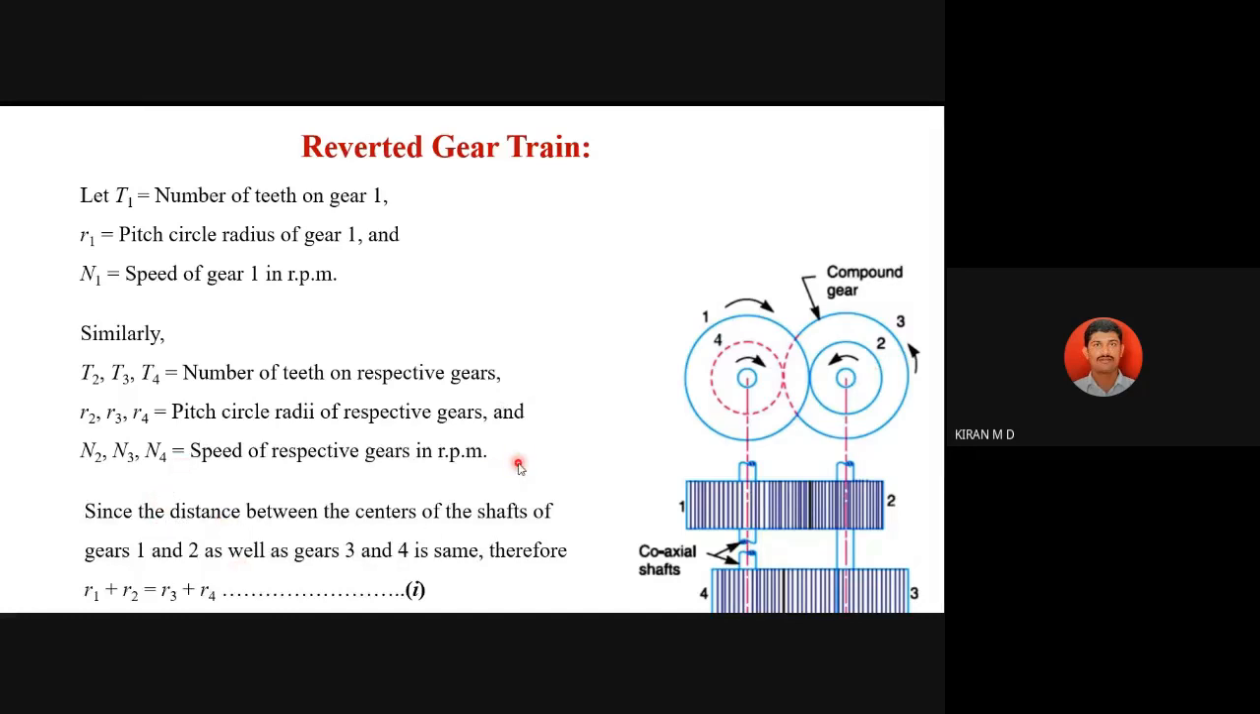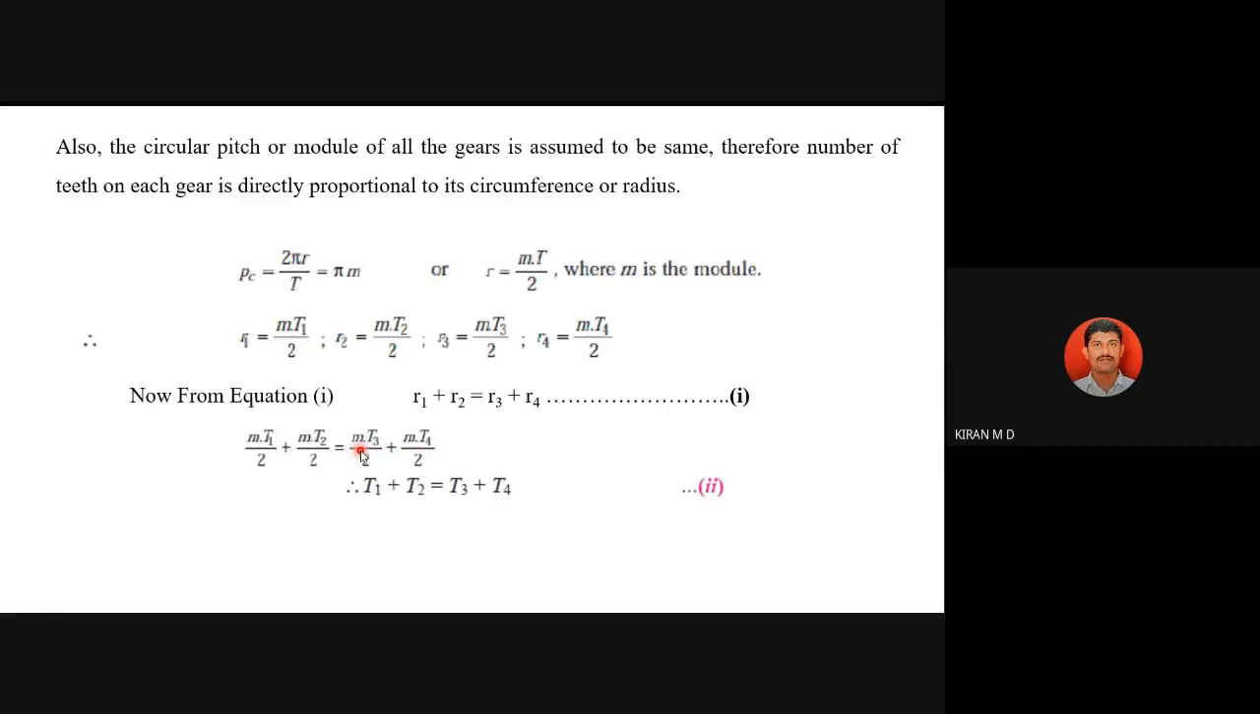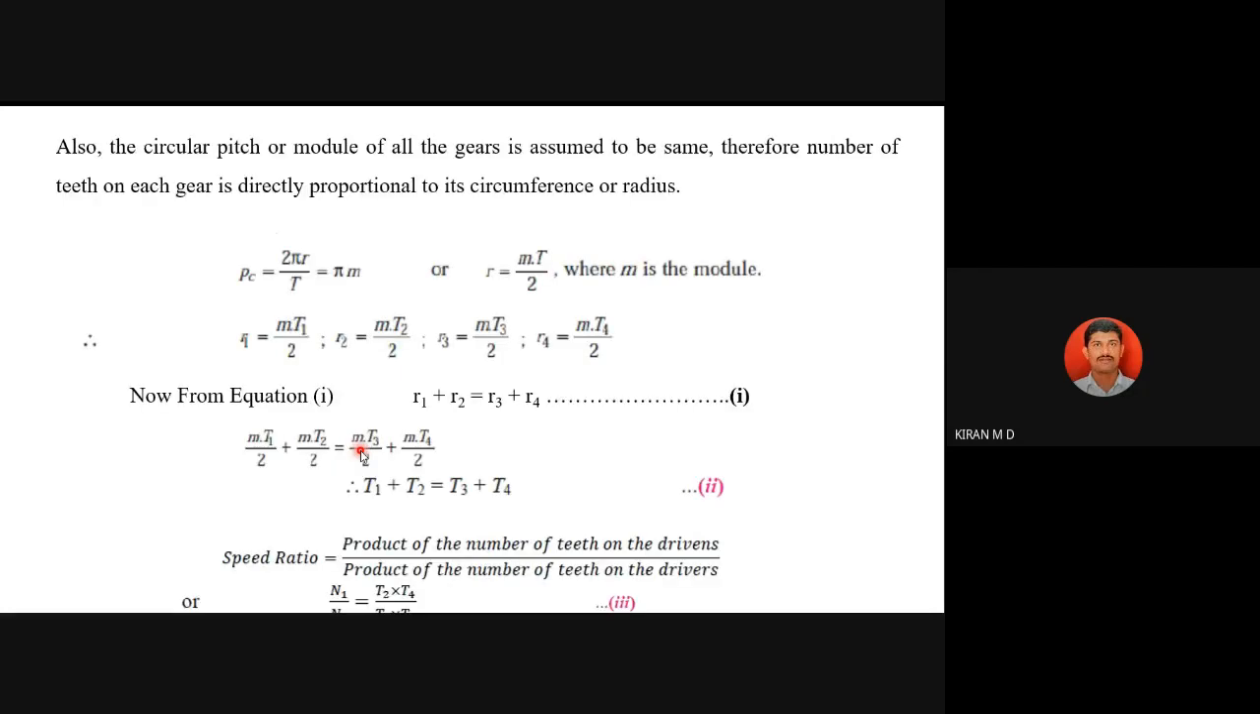There are two concepts to find out the velocity ratios. First we'll start with the speed ratios. When you're considering the speed ratio, the speed ratio N1 by N4 is equal to T2 into T4 divided by T1 into T3,